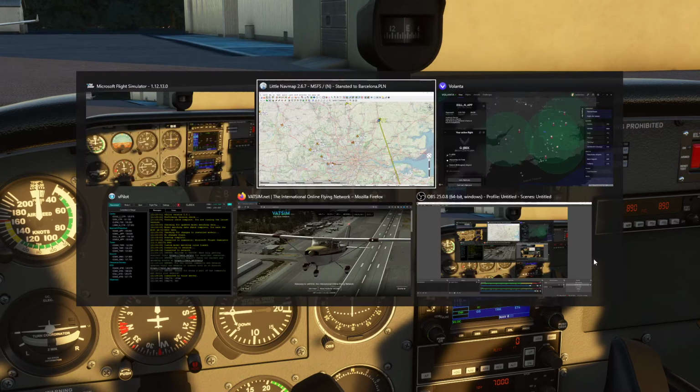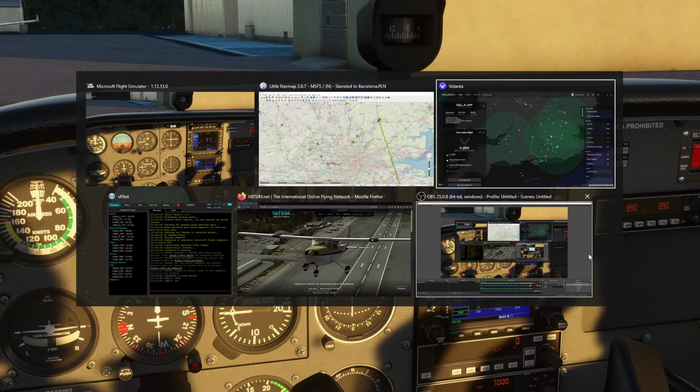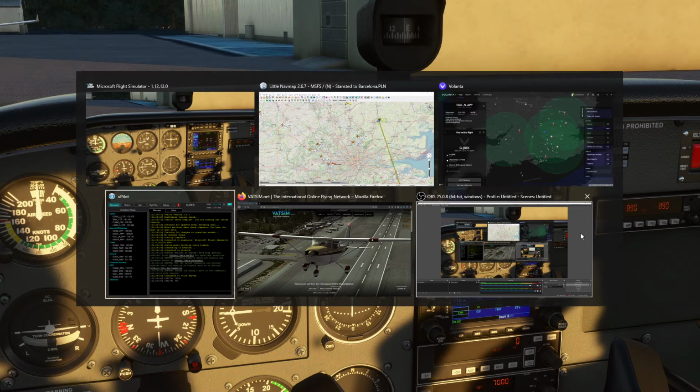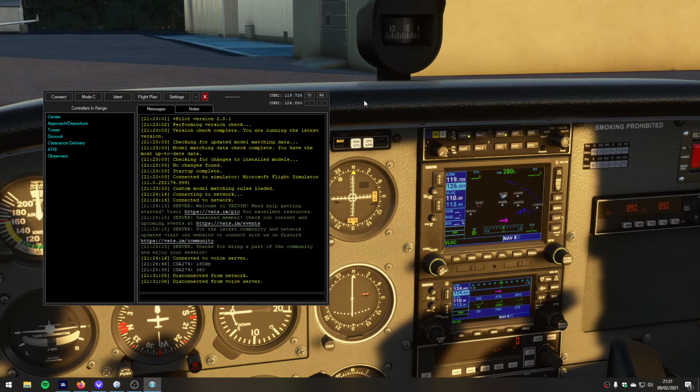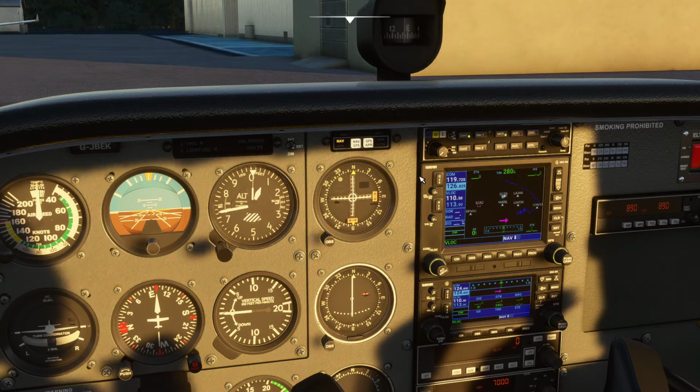So yeah, I'm going to go and cut it off so I can get a word in edgeways. If you hang on a second, we'll go to VPilot and we'll disconnect it. So they've gone. So if you're just flying a VFR flight away from controlled airspace and they don't need to be dealing with you,